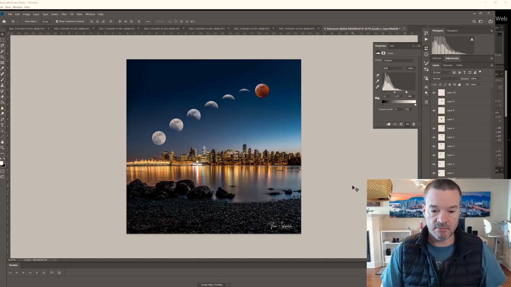That is really the simplified version on how you make a composite image with multiple moons and a blood moon at the end. So I hope that you will make your own image,